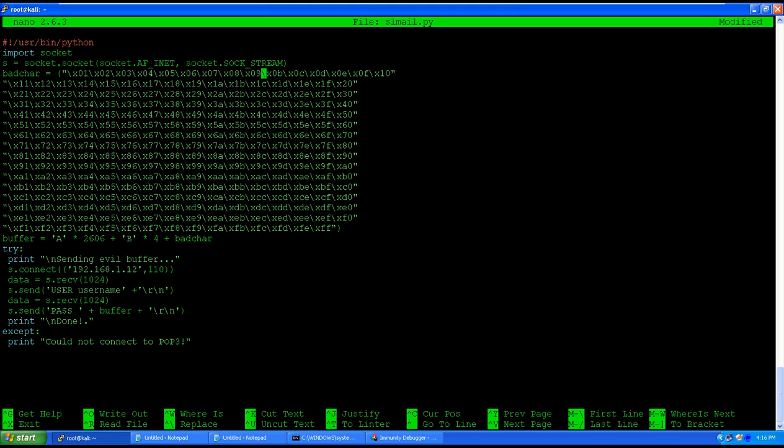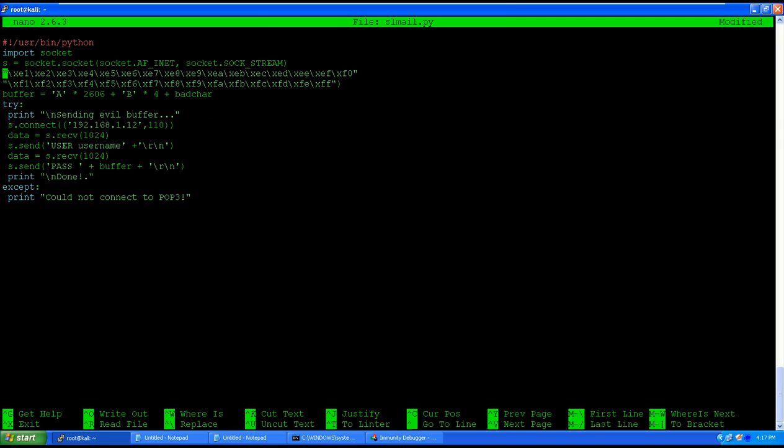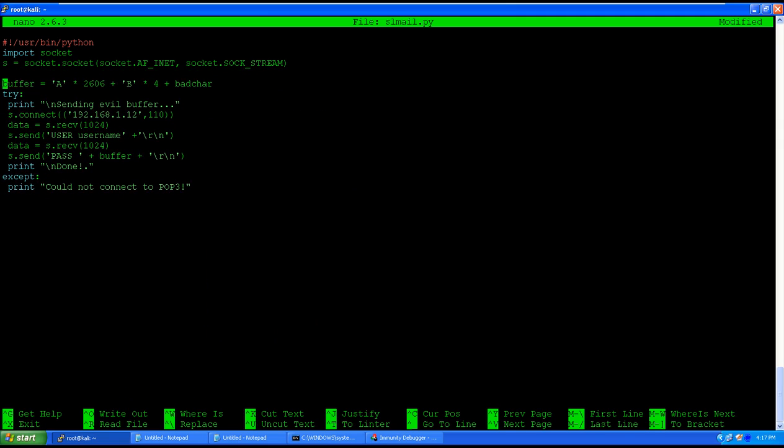I know which characters are not accepted here. So 00, 0A, and 0D is another one which this application does not accept. You guys need to try on your own when you are doing this fuzzing. So I have removed 0D as well from the script, and I don't need bad characters anymore. Remove this, and instead of bad characters now I need